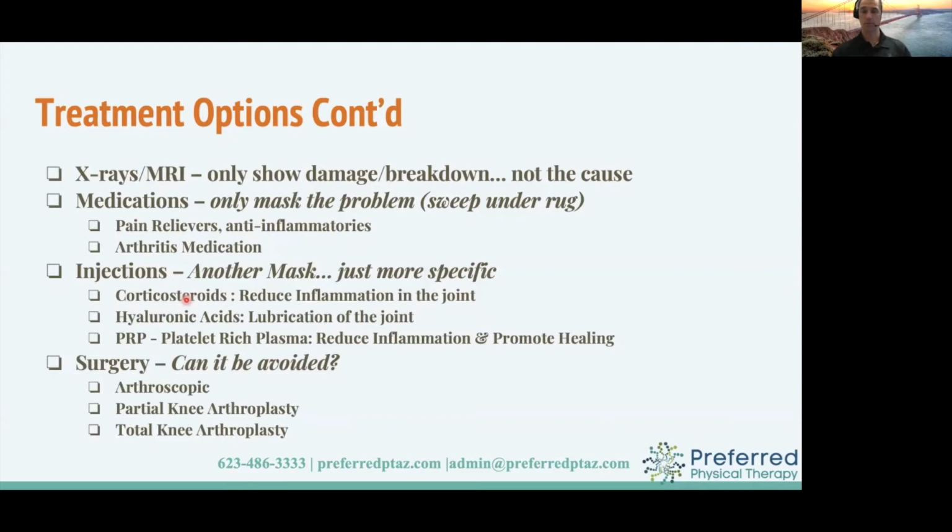And then the next thing, often we'll have a surgery. There are surgical options that can be done before knee replacement. Sometimes they'll go in and scope it and clean it out. You've heard, I had my knee cleaned out, or that's a debridement, where they'll go in and shave down some of the roughened areas of the knee to try and smooth it out. They'll do a partial replacement where they just look at one side, usually the inside or medial aspect of the knee, and replace just that part. And then ultimately the total knee replacement are options in that surgical timetable.